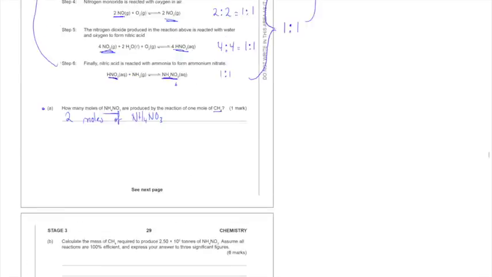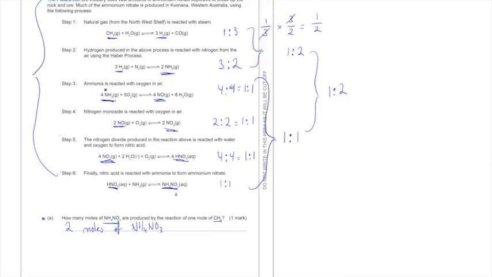Calculate the mass of CH4 required to produce 2.5 by 10 to the 5 tons of NH4NO3. Assume all reactions are 100% efficient, and express your answer to 3 significant figures. So firstly, the fact that it says assume all reactions are 100% efficient, what that really means is if we go back to these steps, we can see that all of these reactions are equilibrium reactions because they have these double-headed arrows. Now, by saying they're 100% efficient, we assume they're not equilibrium reactions anymore, and we assume they completely go to the right, which is very useful for us, or otherwise we really wouldn't be able to